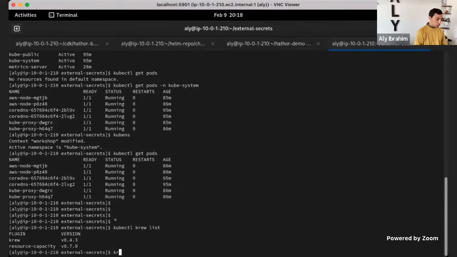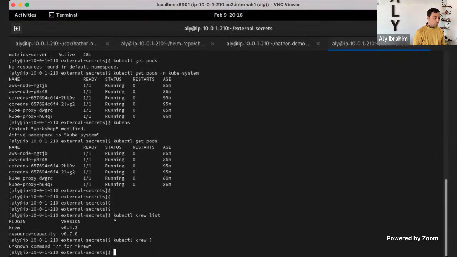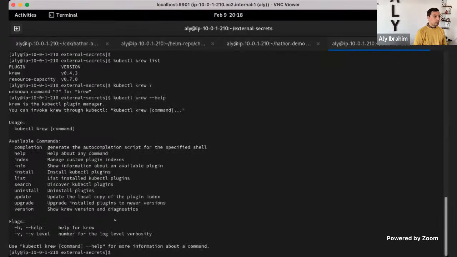Let's do kubectl crew. So what we can do here, okay. You can see what plugins you installed, or you can get info on all things, or you can discover new plugins.